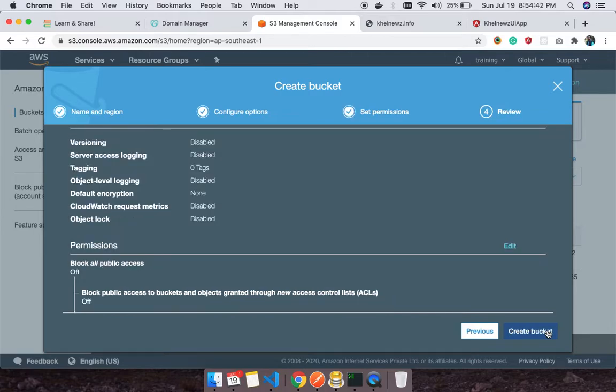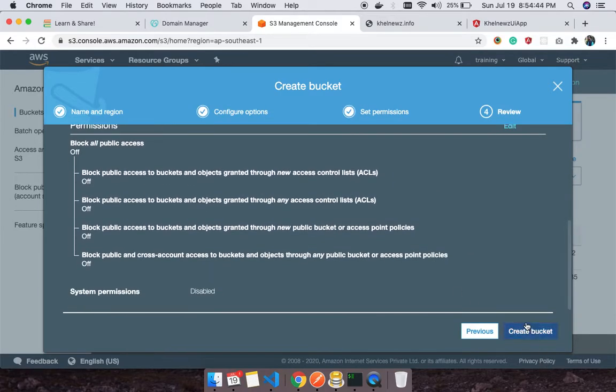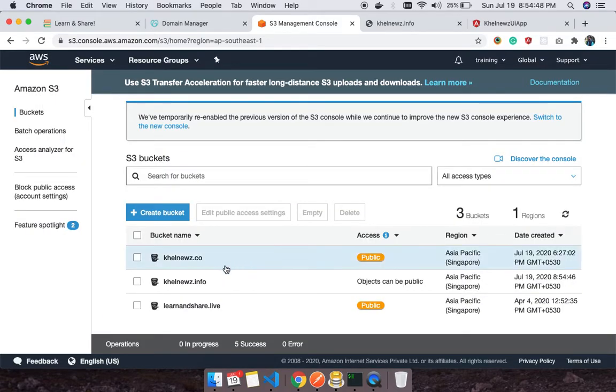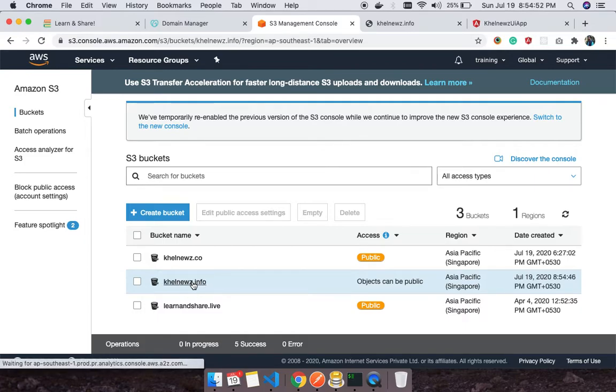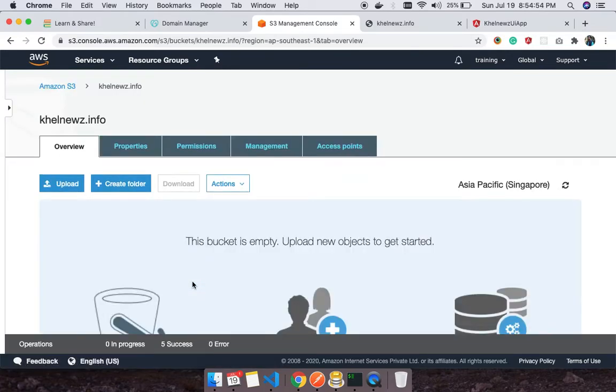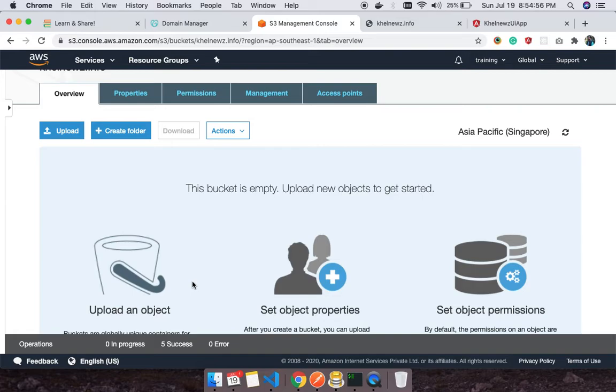I'm just making everything public for now. Create bucket. Now as you can see objects can be public, right? So what I'll be doing now is uploading all the build files.